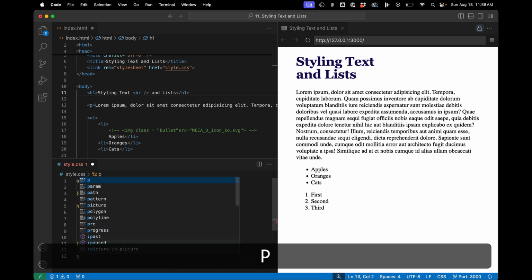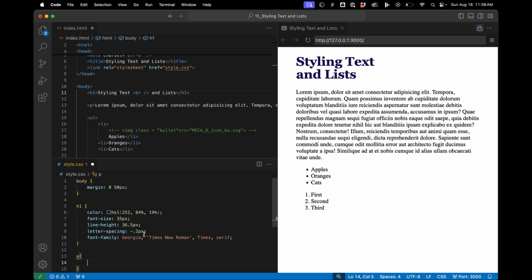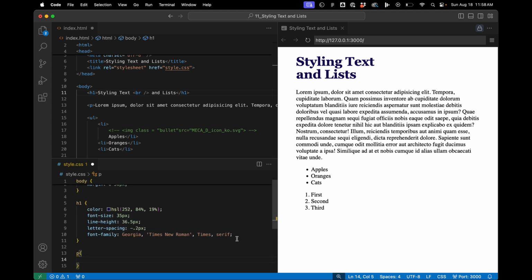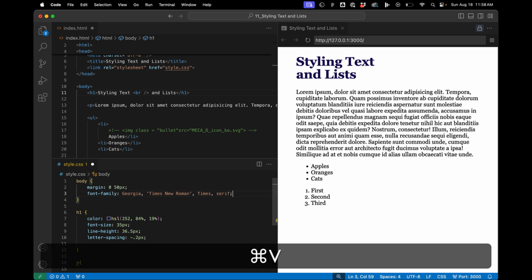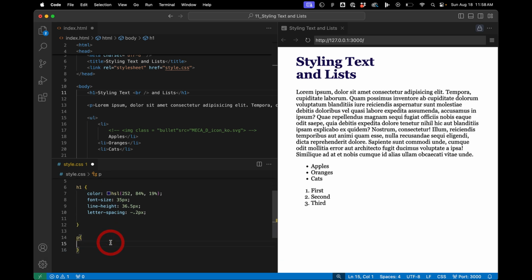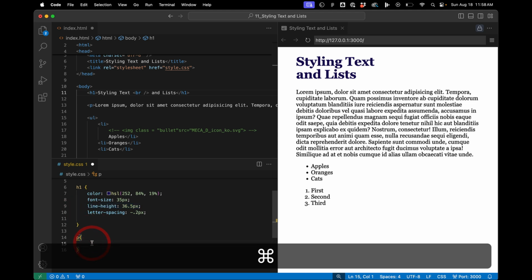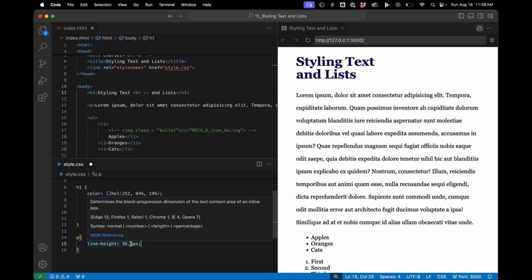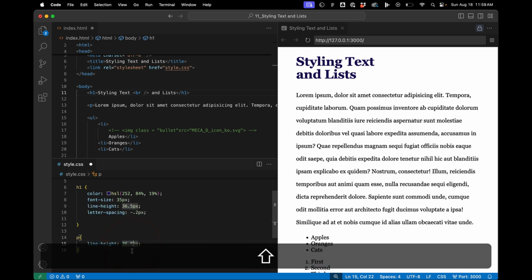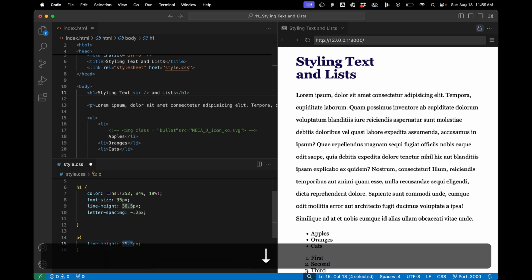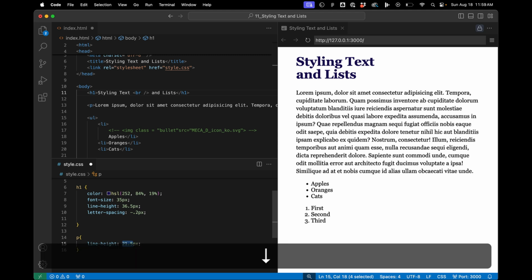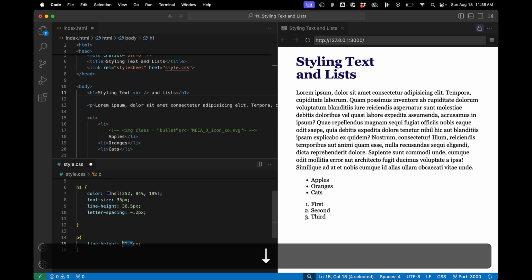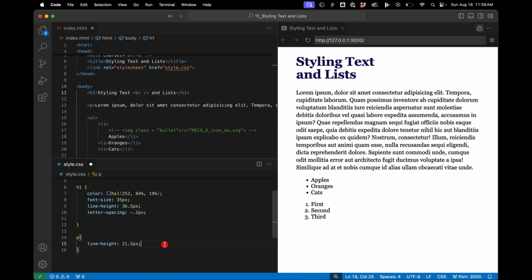Next, let's look at the paragraph for a sec. And if I want to set this family for my whole document, I can put it up here. So next thing we'll look at is the line height for our paragraph. Okay, so the next question is, if I add another paragraph,